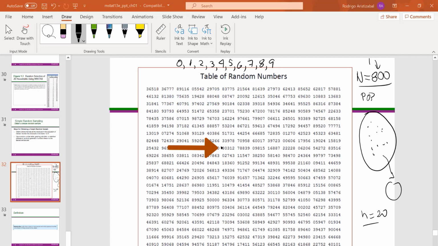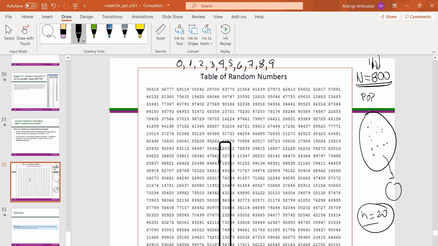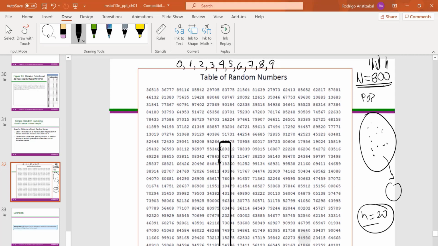at the beginning. The digit number 12,000 or the column number 12,000, whatever. Then from this point, we can take any direction: down, up, to the right, to the left, diagonal. In any direction, we can select 20 observations. And suppose that we are going to select this direction, down. Because the population has only 800 items, we need only 3 columns: column 1, column 2, and column 3. If the population had only 80 items, then we need only 2 columns to obtain my